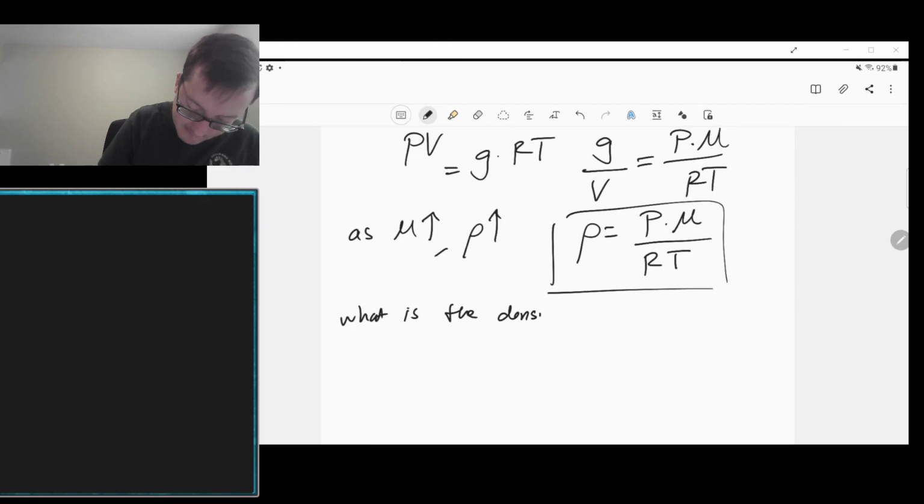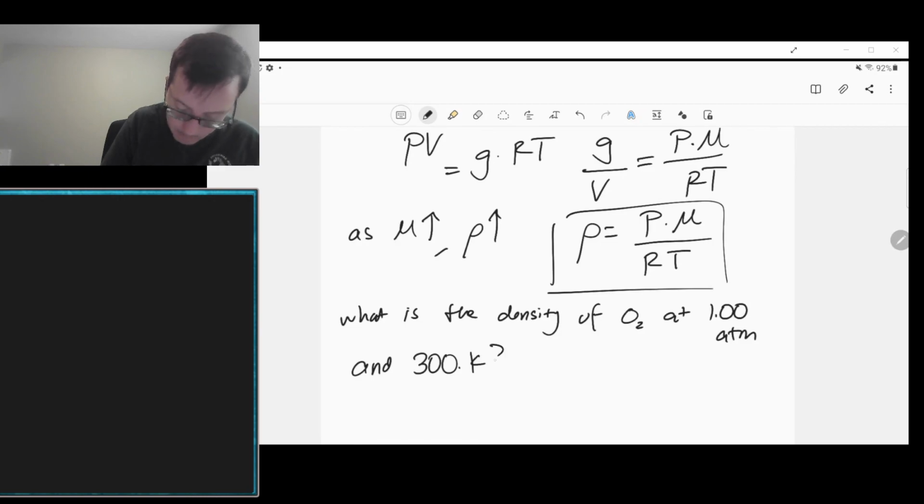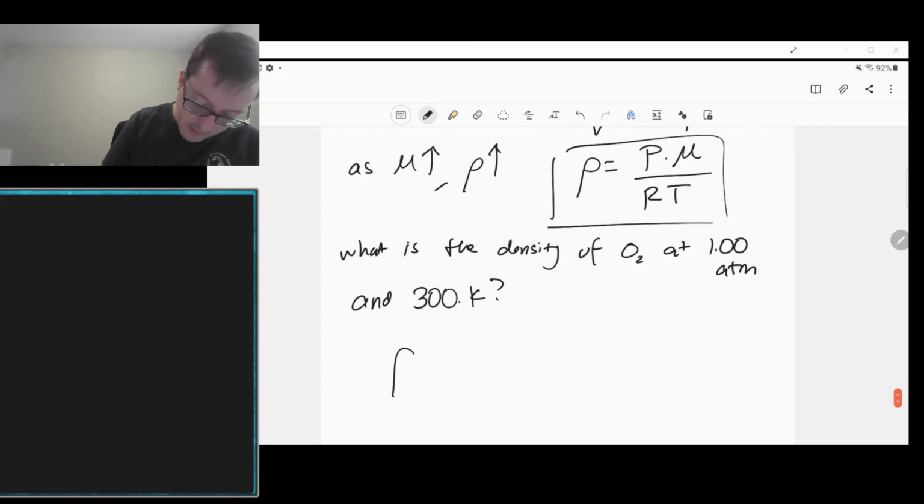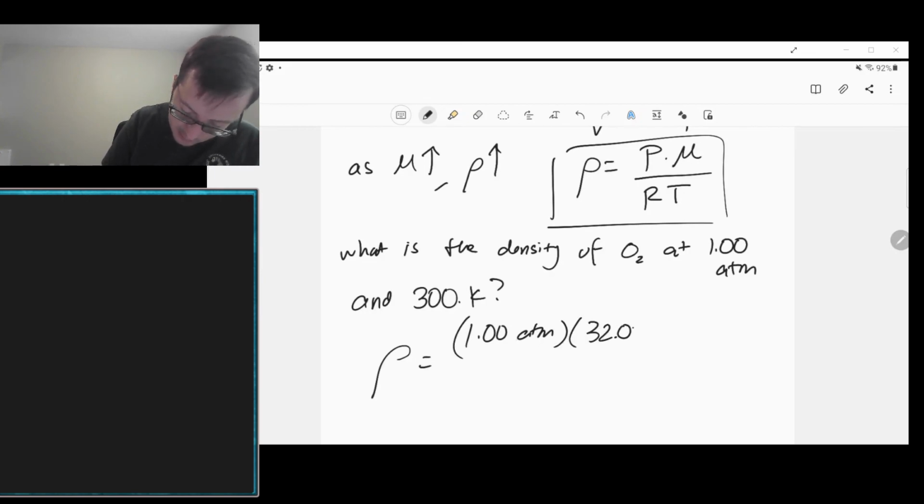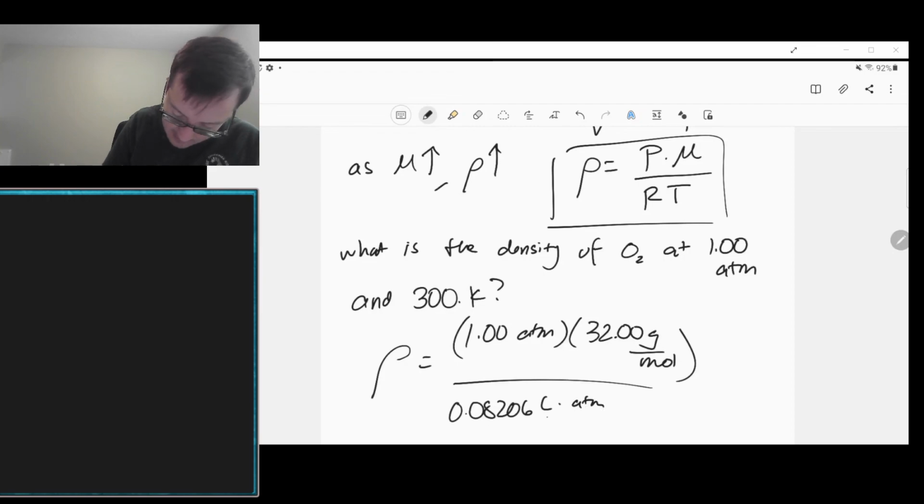What is the density of O2 at 1 atmosphere and 300 Kelvin? We can figure this out. We know that pressure, I'm sorry, not pressure, that's density, rho. I'll try to make that a little bit more obvious. There we go. Rho equals 1 atmosphere, 32 grams per mole, over 0.08206 liter atmosphere per Kelvin mole,